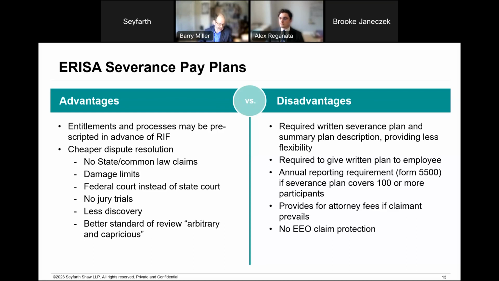Outside of that capacity, most of our clients find that an ERISA severance pay plan is too much administrative burden and too much restriction on their immediate freedom of movement to be worthwhile.